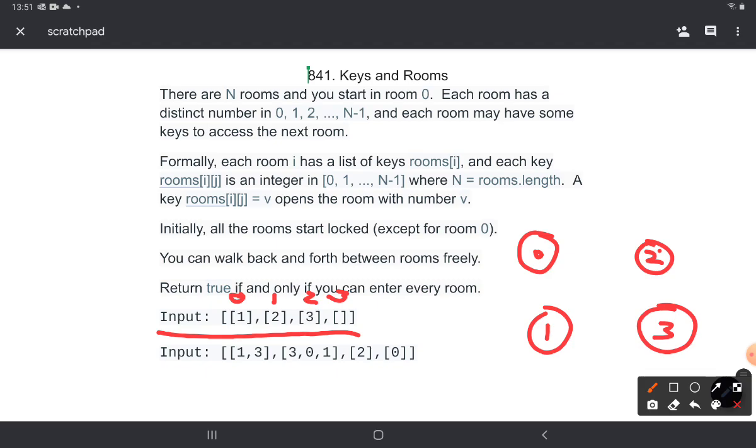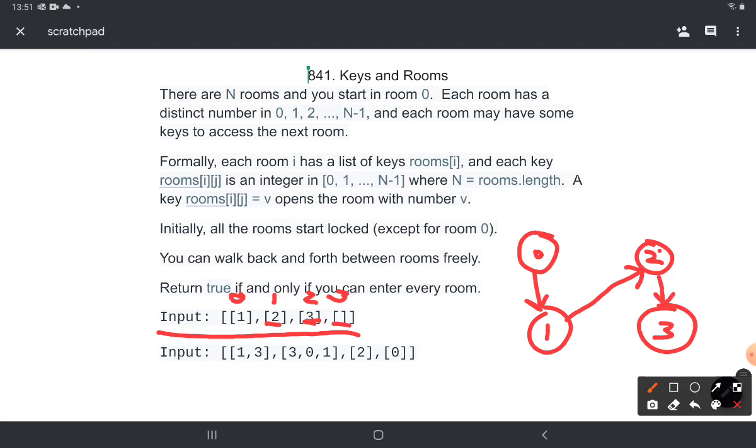Now in room number 0 there is a key for room number 1, which means that we can go from 0 to 1. So there is an edge from 0 to 1. Then in 1 there is the key for room number 2, so from 1 we can go to 2. And then in 2 there is the key for room number 3, so from 2 we can go to 3.